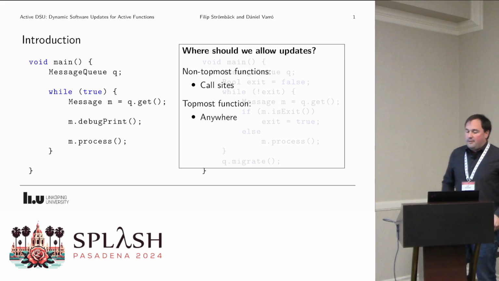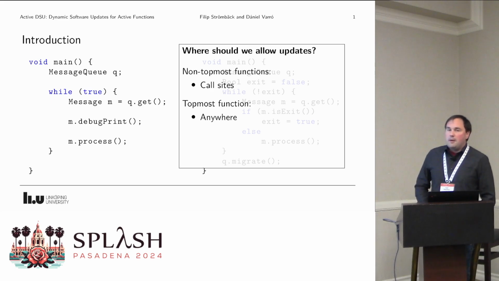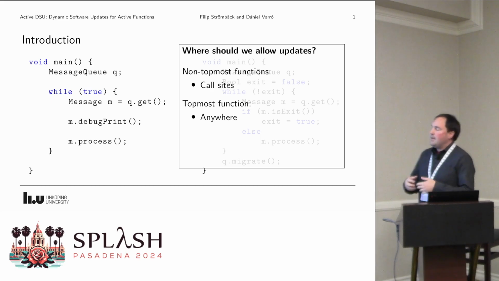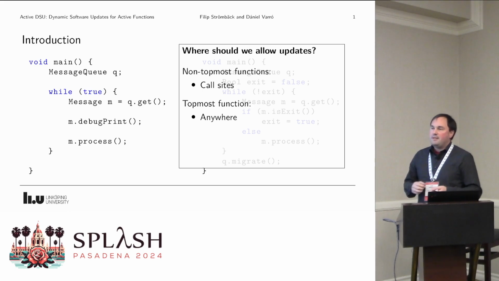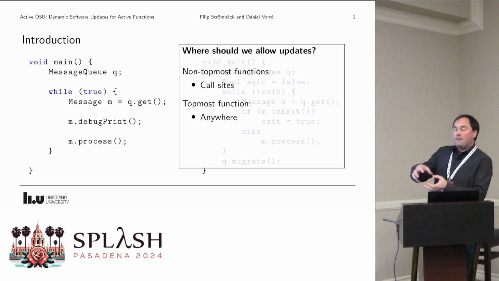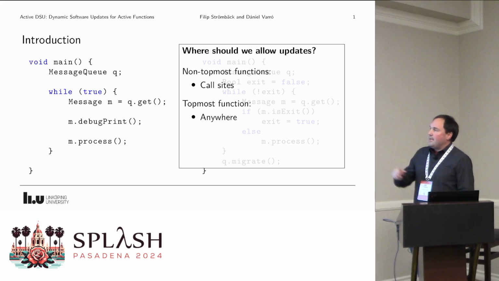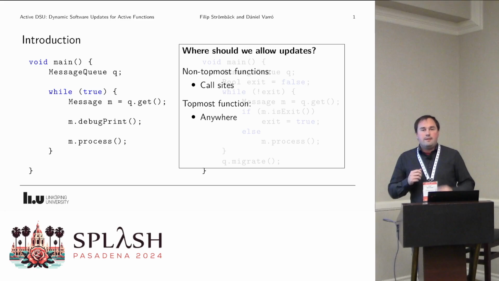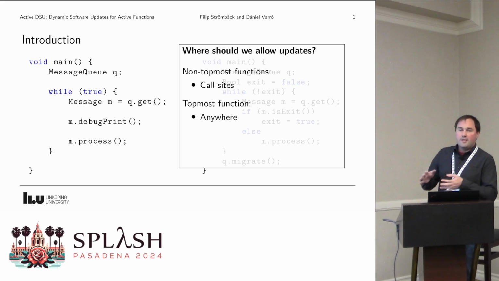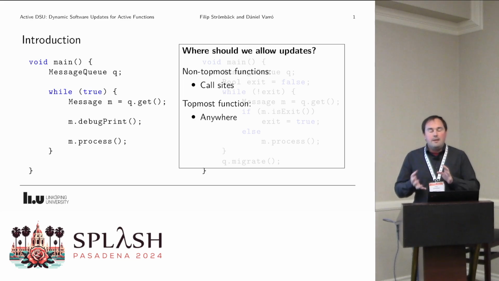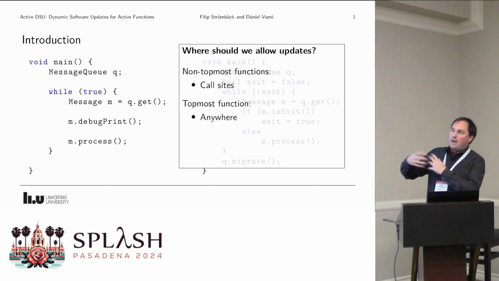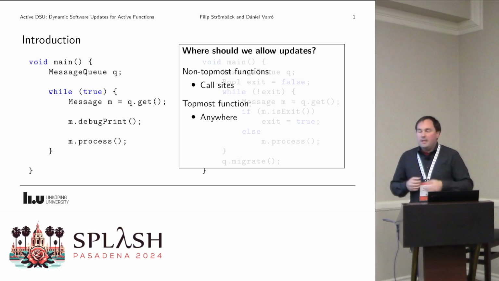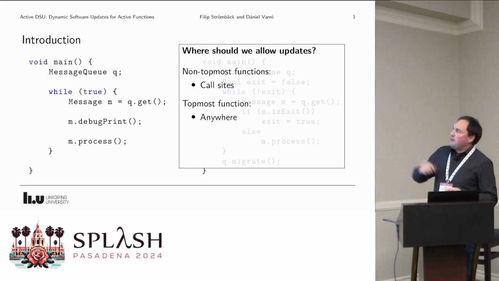The first thing we should think about is, where do we allow updates to happen? If we imagine that we just pause a program at any point and look at the call stack, what we will see is that all stack frames except the topmost one will have the execution paused at a call site. This is nice, because then we only have to consider call sites. Call sites are quite nice in the ABI also, because they are well defined in where things can live due to the ABI. But for the topmost function,